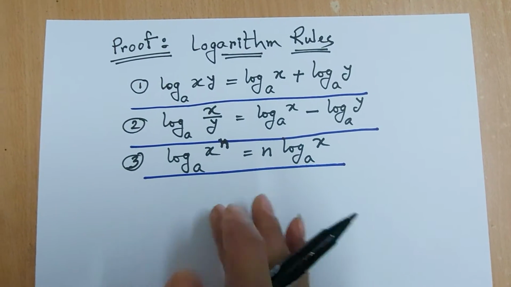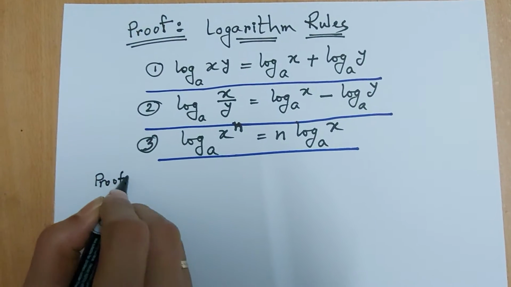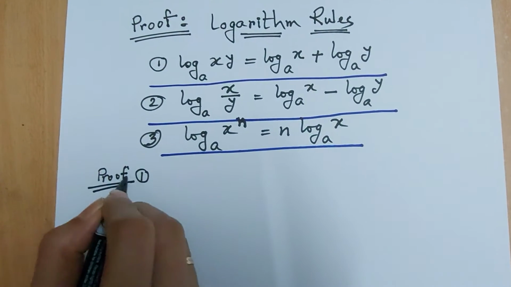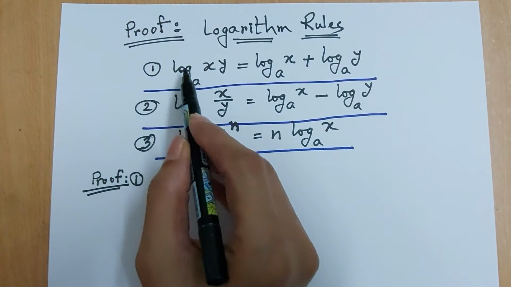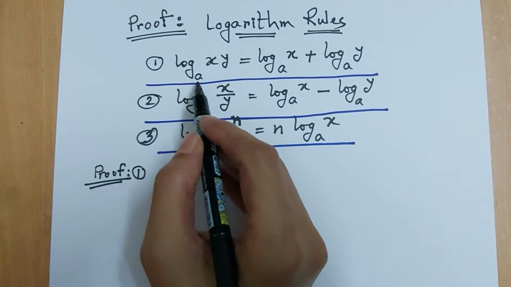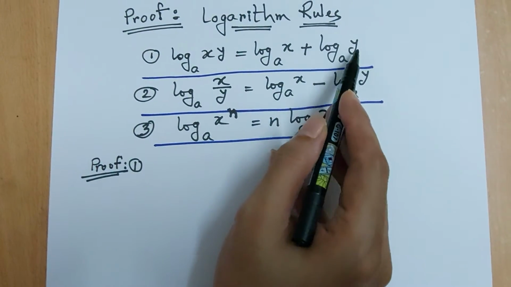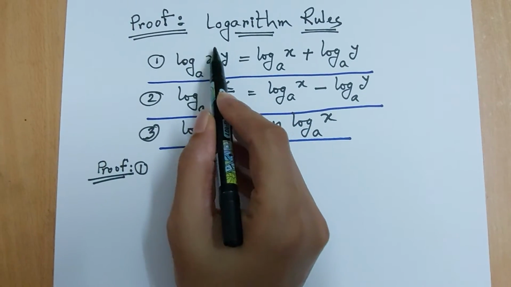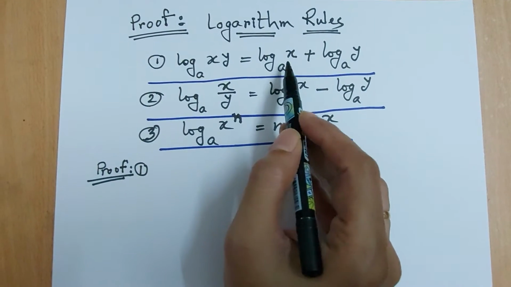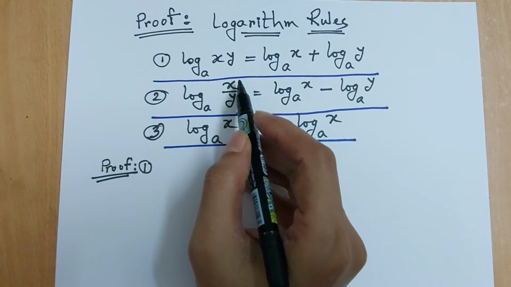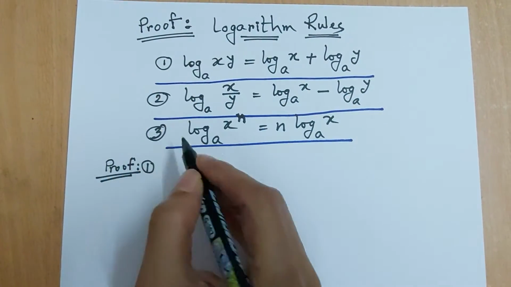Now I am proving the first one. Proof 1. The first one is the multiplication rule, and that is log of x times y to the base a equal to log x to the base a plus log y to the base a. That means in case of multiplication we will have addition, and in case of division we will have subtraction. So the first one,